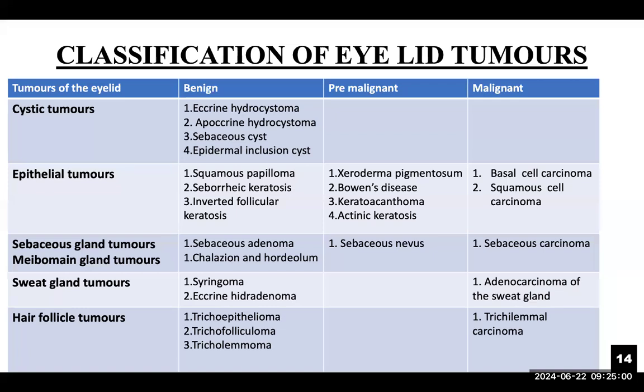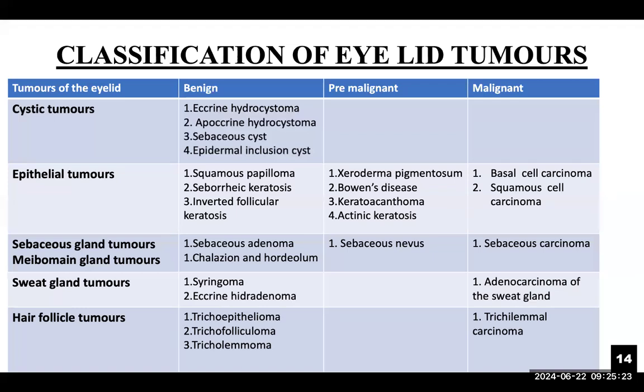So the cystic tumors are usually benign. So we have the eccrine hydrocystoma, then the apocrine hydrocystoma, we have the sebaceous cyst, and then the epidermal inclusion cyst. The eccrine hydrocystomas are cystic tumors of the sweat glands, and they are caused by blockage of the eccrine